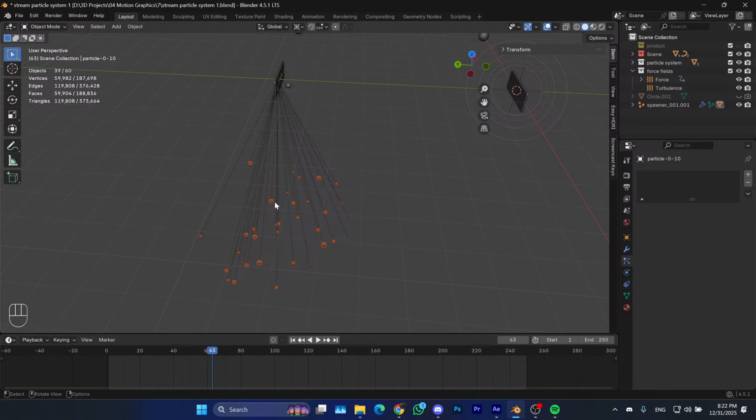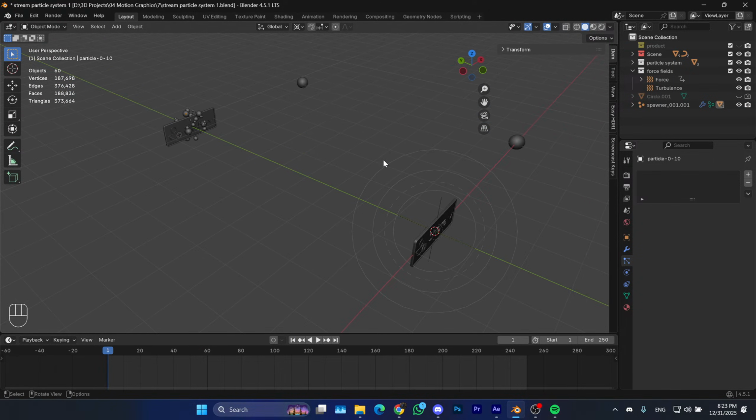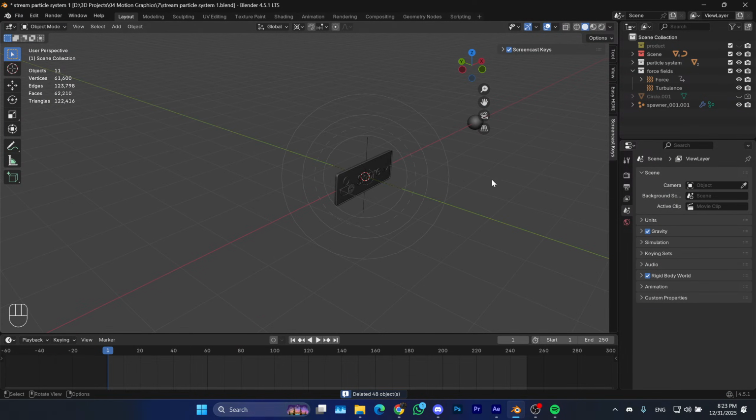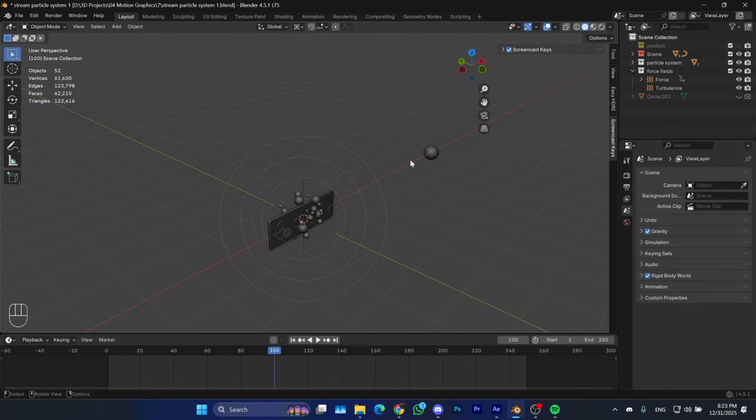I didn't expect this to happen, and I don't know why it's doing this. But what I know for sure is that if we went for the Alembic route, beside this problem that happened, I know that we can't really do randomized texture and